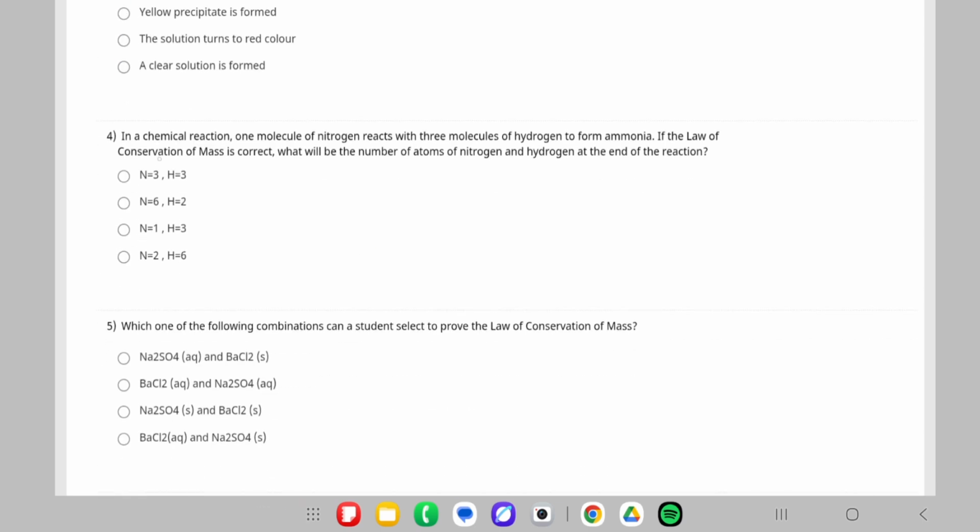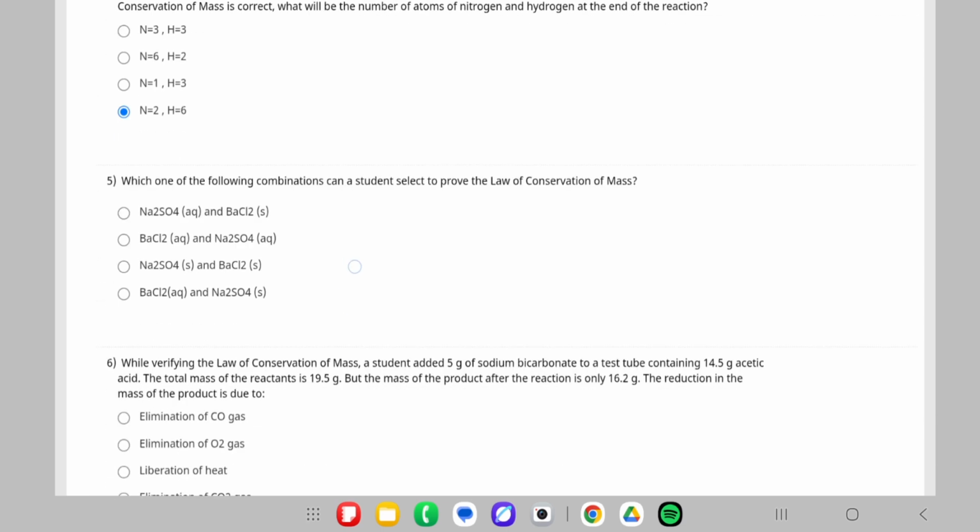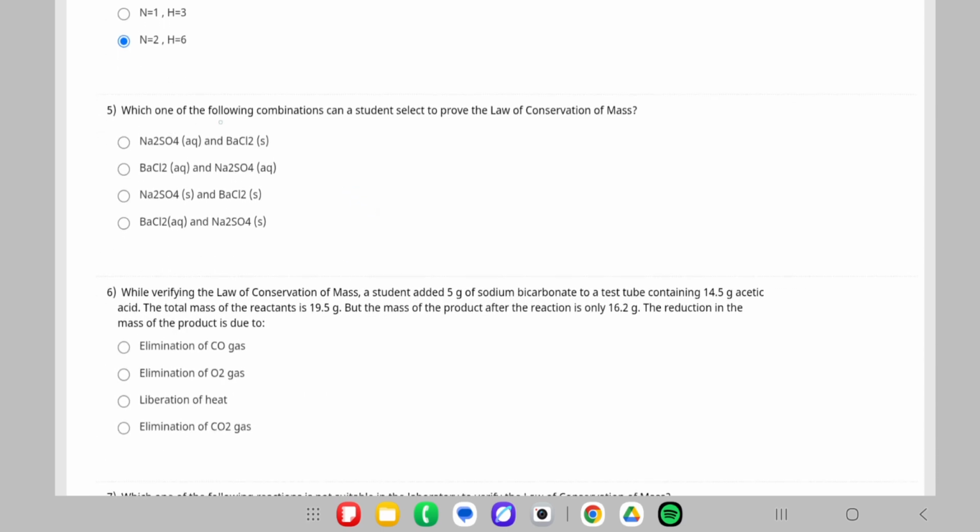Next is a chemical reaction. One molecule of nitrogen reacts with 3 molecules of hydrogen to form ammonia. If the law of conservation of mass is correct, what is the number of atoms of nitrogen and hydrogen at the end of the reaction? Okay, so there should be N2, 2 nitrogen and 6 hydrogen. Which one of the following combination